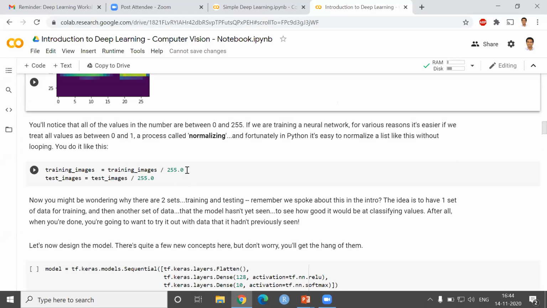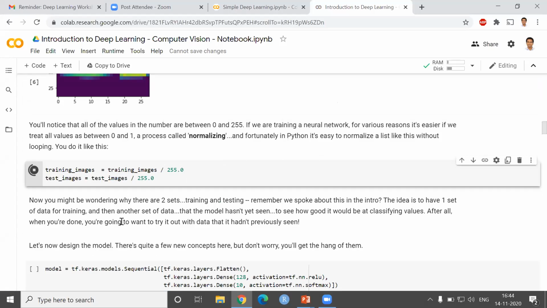So we'll normalize it. That's why you are dividing the training images by 255, and the test images also by 255. This is just for normalizing the images. So you run the cell and you normalize it.